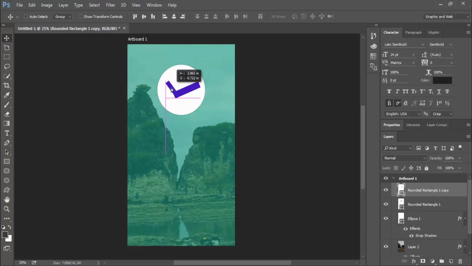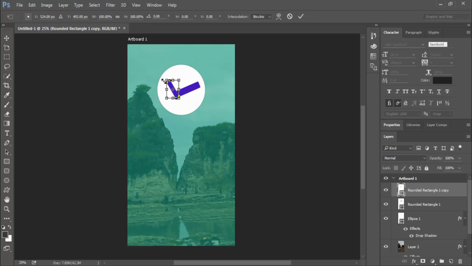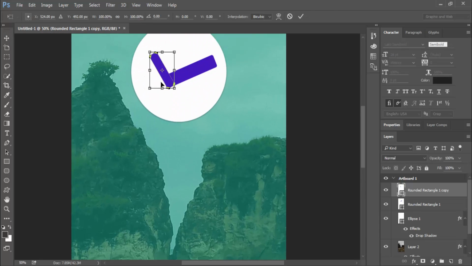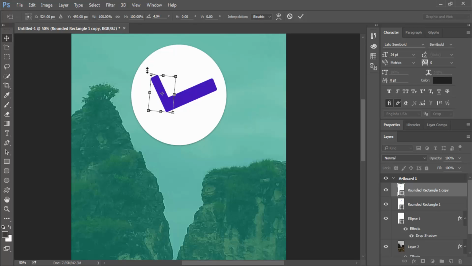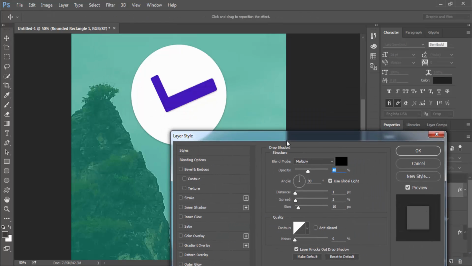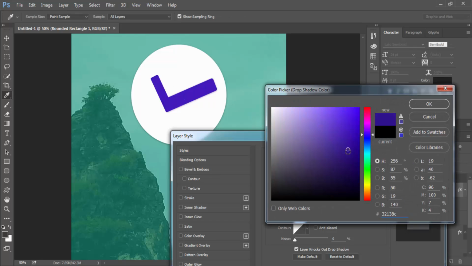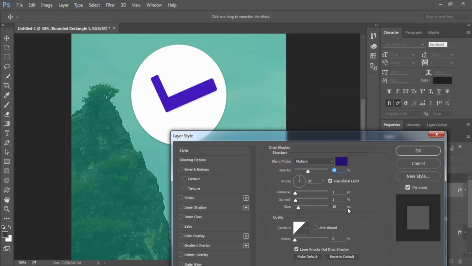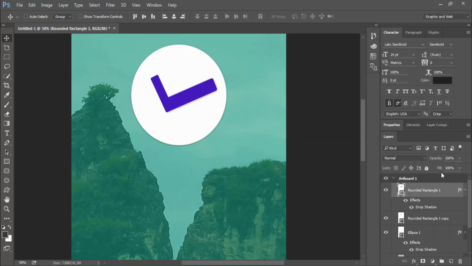Okay, rotate, zoom, and now like this, and give the drop shadow for the top background, and set the color to purple.